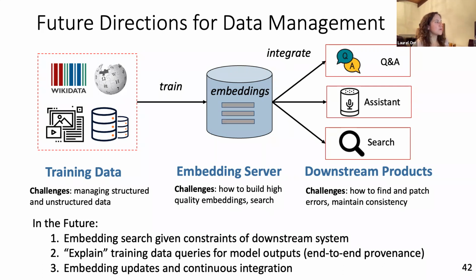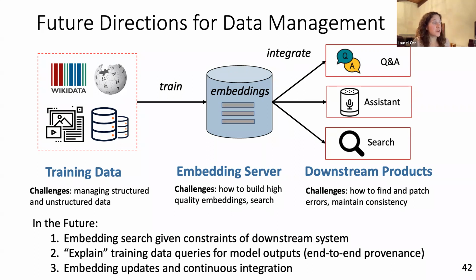And so, as a high level, this is concluding the talk here. I wanted to leave some time for questions. But this is really where I see a lot of exciting questions in terms of data management, this ecosystem here. There's been a lot of great work on feature stores, and there's a new question here: how do embeddings change that? What else is needed here?